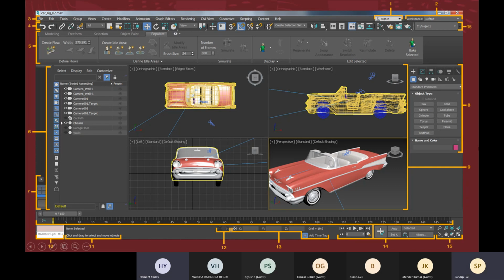Hello, sir. Can you hear? Yes, tell me. Sir, I have a question. There are very loud background noises. Can you clear that? Sir, how is it different from SketchUp, sir? Okay. Yeah, I will definitely share that information for architectural students. That's a good question. Yeah, I will definitely clear that out.